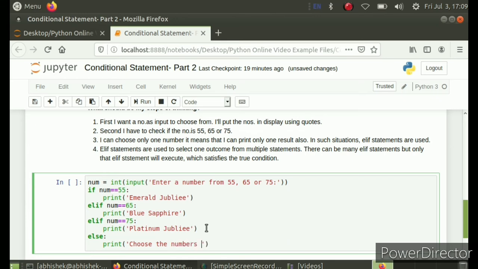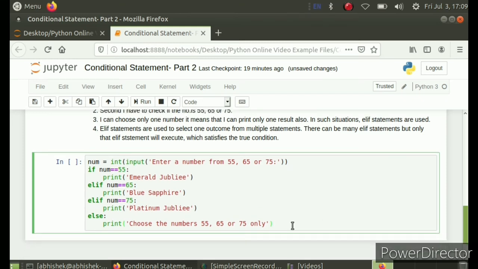This is very important because if someone accidentally or unknowingly presses some other number or ignored my message at runtime, then if there is no else block, no output will be displayed.